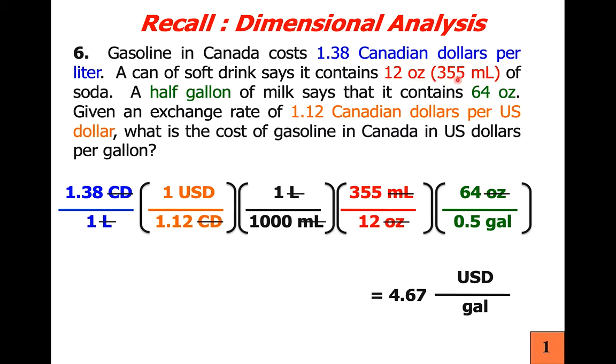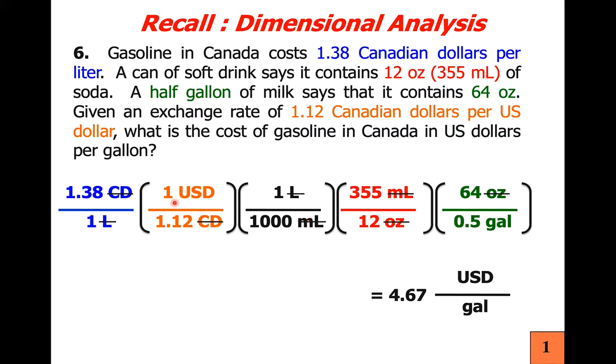12 ounces equals 355 milliliters. Again, the milliliters is going to be on top to cancel this milliliters and turn it into ounces. And then I'll use this final conversion here, 64 ounces in half a gallon. Half a gallon is 64 ounces, so 0.5 gallon on the bottom, 64 ounces on top to cancel this 64